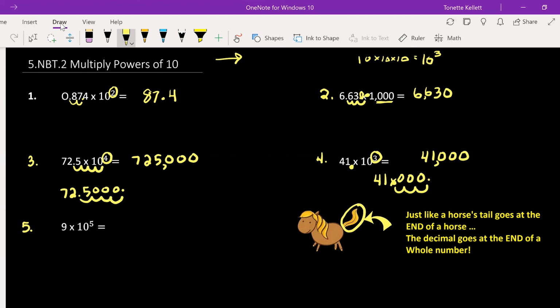Now for another one just like that, you have no decimal. I'm going to rewrite it down here and stick the decimal on the end. The exponent is a 5. So I'm going to move it 1, 2, 3, 4, 5, and put a new decimal. I'll just cross that out. Put zeros in the empty spaces, 1, 2, 3, 4, 5. Count back. 900,000 would be the answer for number